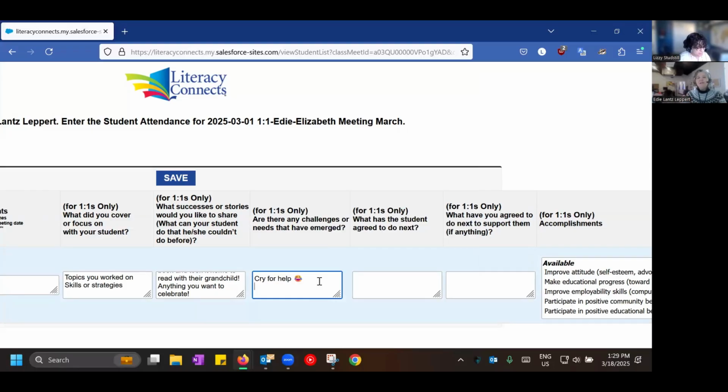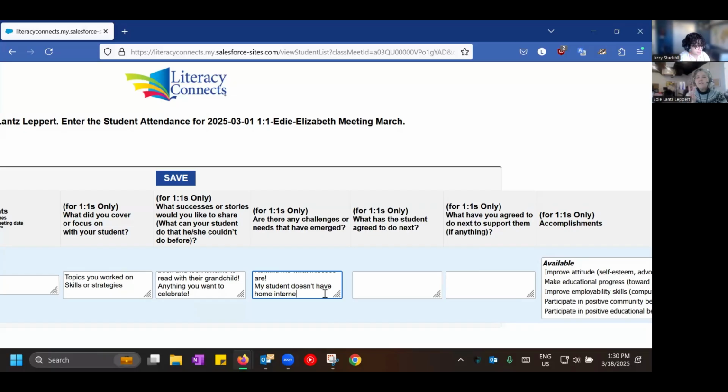Maybe you need more materials. Maybe you need some mentoring with another one-on-one tutor. Maybe you need a continuing ed session on miscues or something like that. Whatever it is that you feel like, okay, I need a little bit more here, this is your spot to put it down. And it could be also about your student, because that can also help to guide us. We do see these and we can respond to them as well.